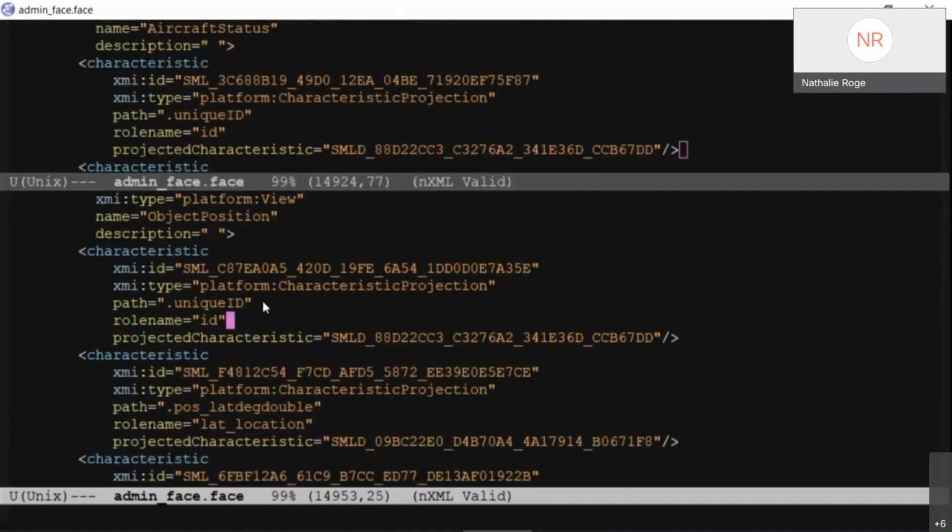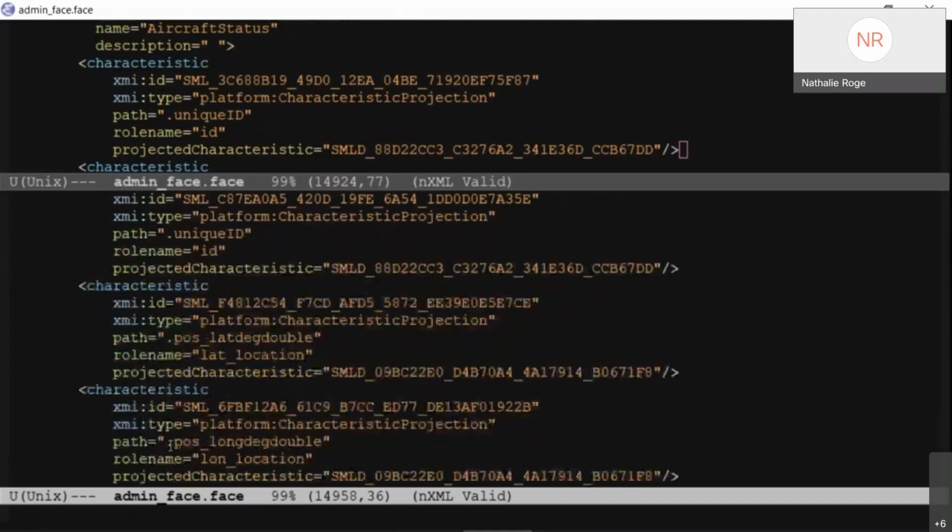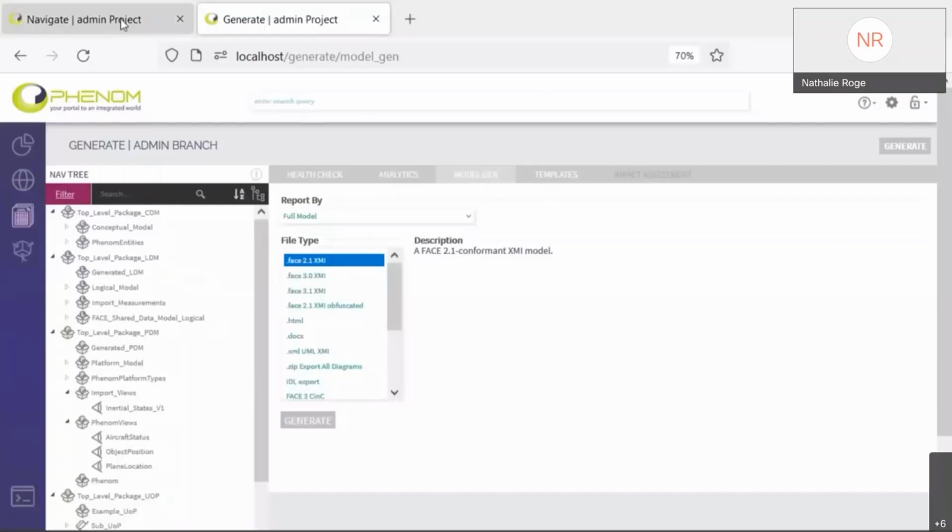So I think of the XMI as kind of like the source. One of my favorite sayings is, with the source, I can do everything, but I can do everything eventually. So in theory, we could use the same approach for these latitudes and longitudes. One of the issues we would run into, though, and let me show this in Phenom because it's a little easier to see there,